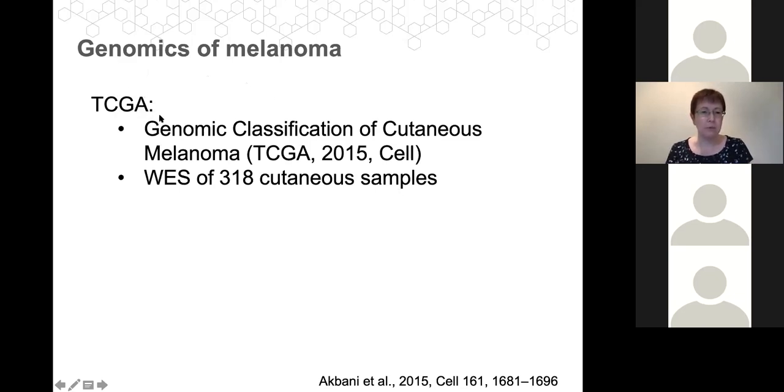I'll just mention one here, which is the TCGA, the Cancer Genome Atlas, pan-cancer analysis of various cancer types. They published a paper in 2015 in Cell looking at the genomic classification of cutaneous melanoma. This was looking at the whole exome sequencing of 380 cutaneous melanomas. And I'll come back to the results from this